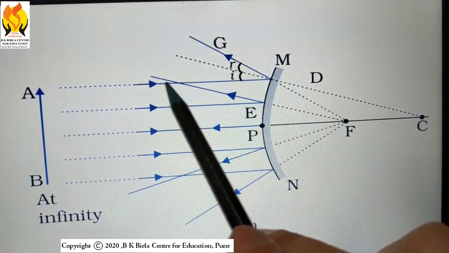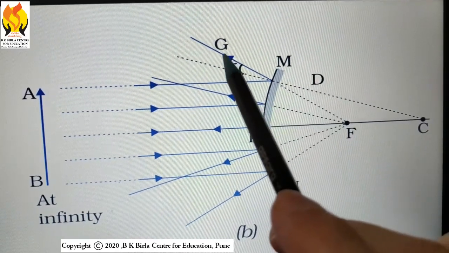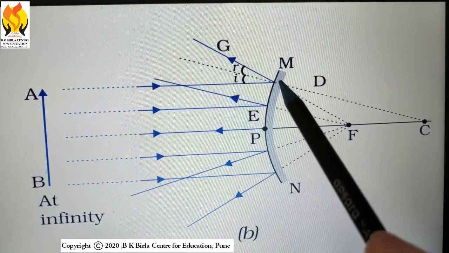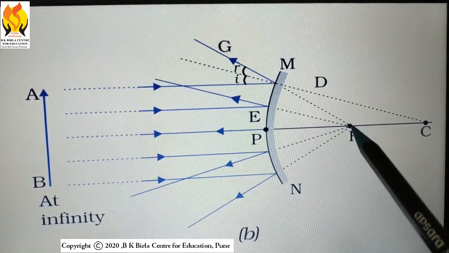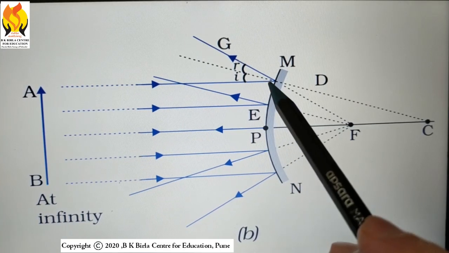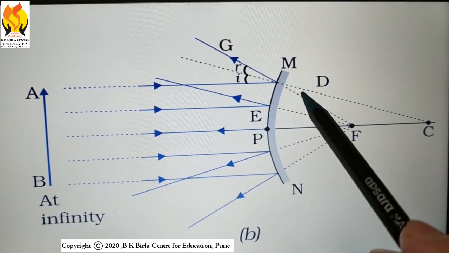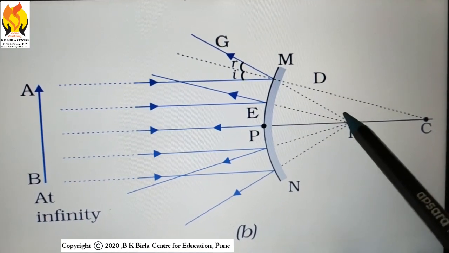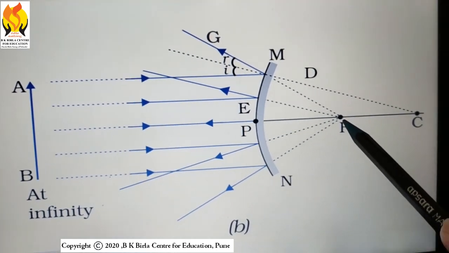For example, consider this first ray. The first ray is moving towards the mirror. It gets reflected, but after the reflection, this is the point of incidence where it fell. From the point of incidence, you draw the dotted line which meets at point F. Actually, if you look at it from this side, the ray is not meeting at point F, but you feel that this ray is coming from the point F. So this is the formation of the virtual image,